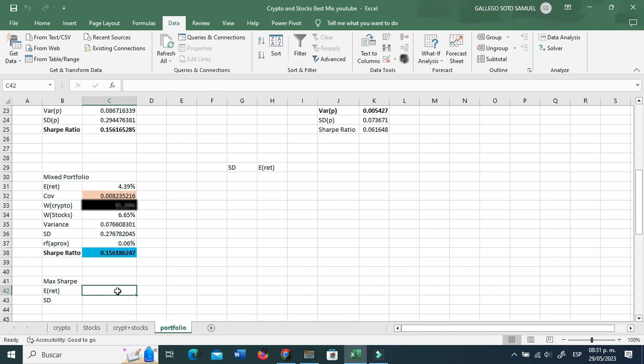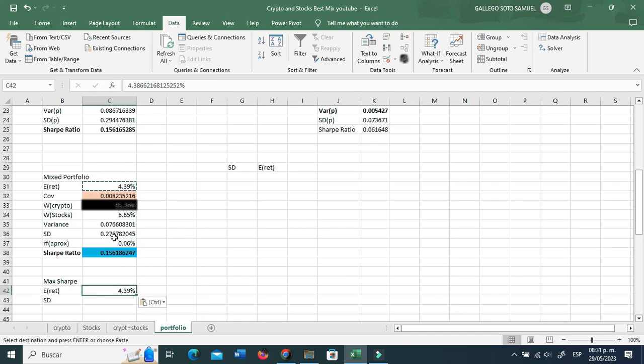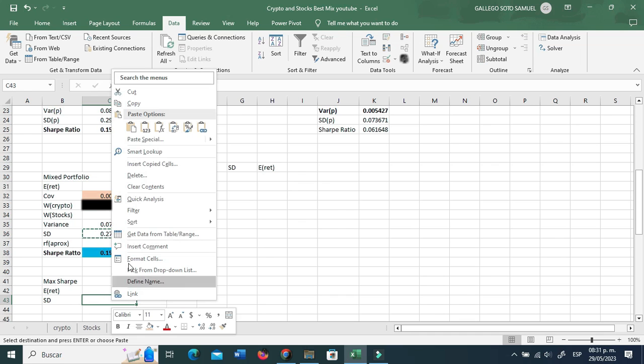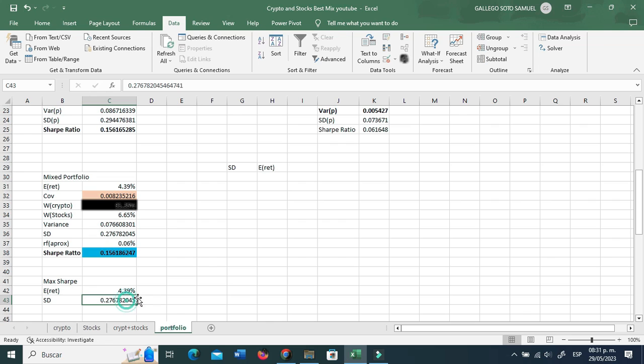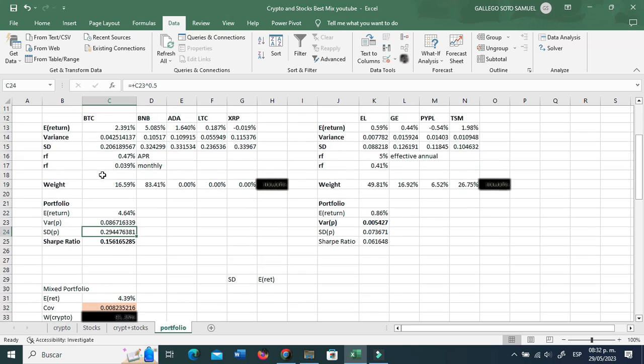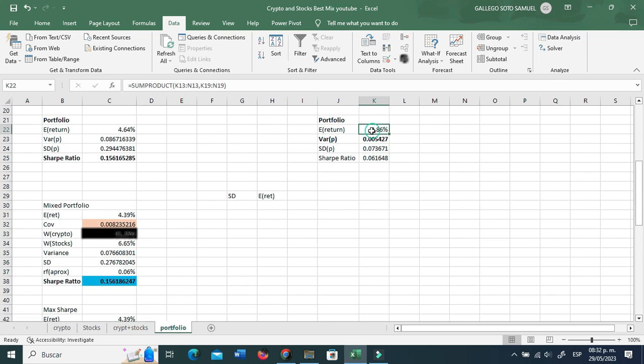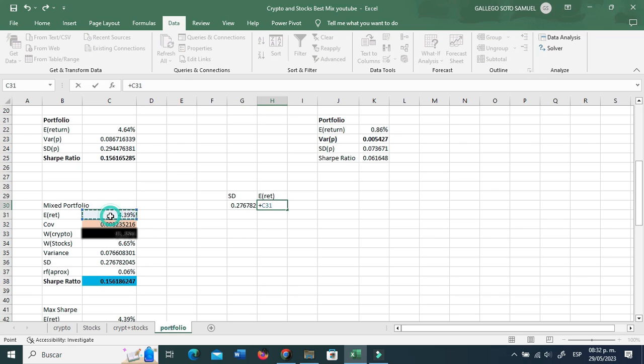Okay, here, let's see. So this is going to be the expected return. Copy. We paste it, and the standard deviation. Copy and paste it. This is going to be the values for the maximum Sharpe ratio. All right then. We have a slightly lower standard deviation than we had before for the portfolio of cryptos, and we have a slightly lower and much higher return. Okay, let's keep going. So I'm going to be linking this standard deviation and the expected return of the mixed portfolio,